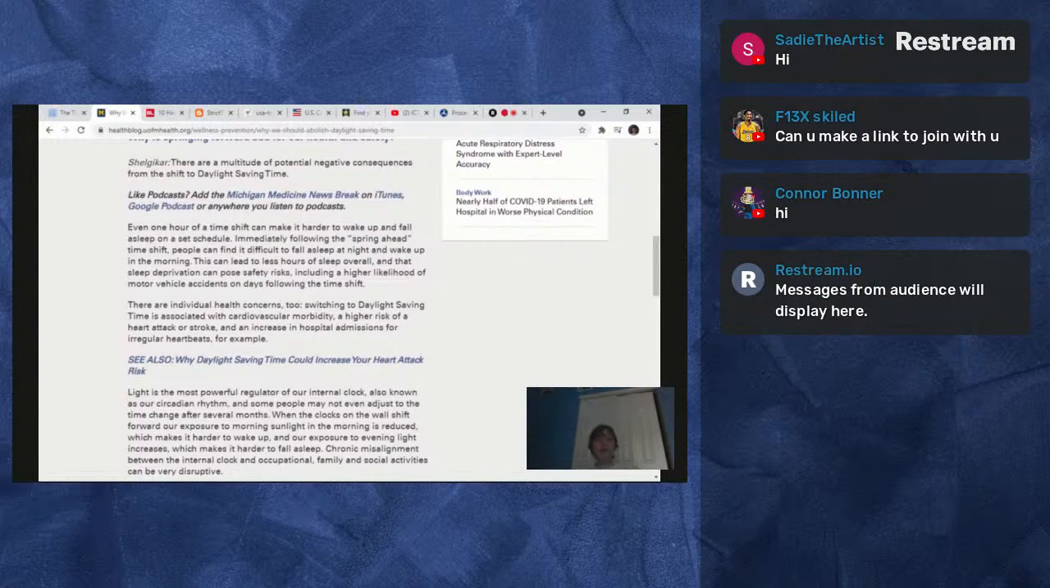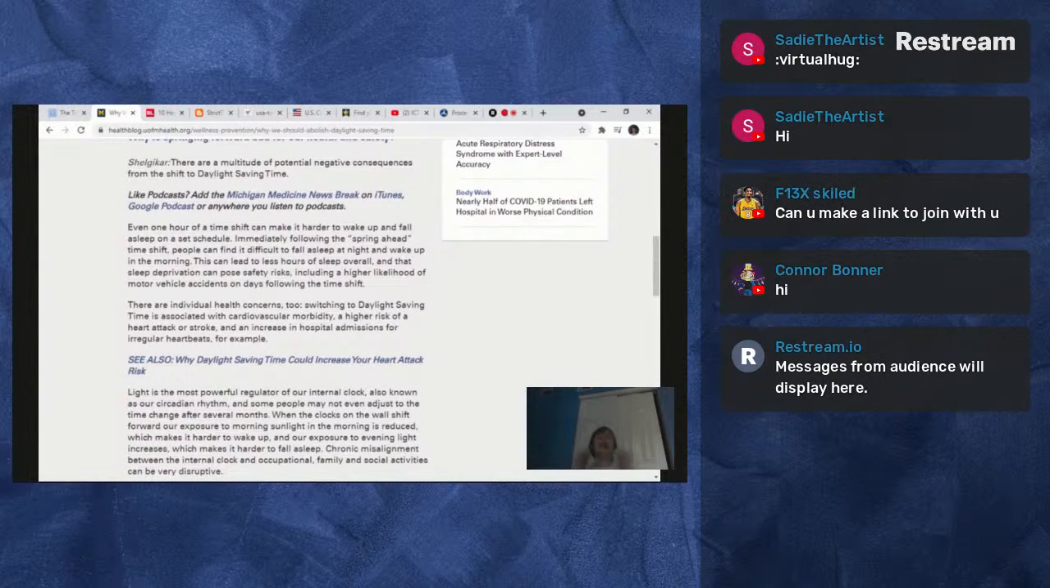We don't want to experience dark mornings in the wintertime or bright evenings in the summertime. Because when we experience bright evenings in the summertime, it's going to make it harder for early risers to wind down, because they have to go to bed at a certain time and then wake up at a certain time. When early risers wake up, it is still dark outside in the wintertime, and it makes it harder to fall